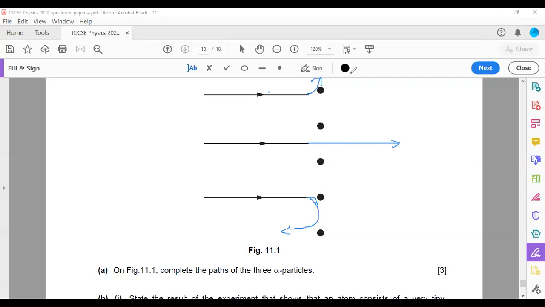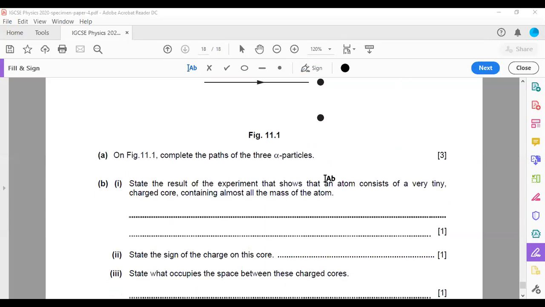So they had asked the question, I cleared these drawings, asking the question here lower down. They said, state the result of the experiment that shows that an atom consists of a very tiny charged core containing almost all the mass of the atom. This is seen